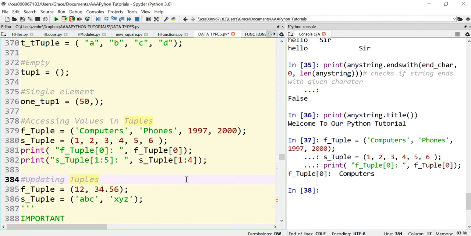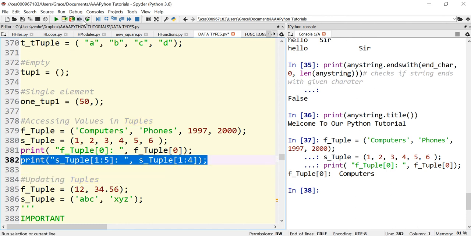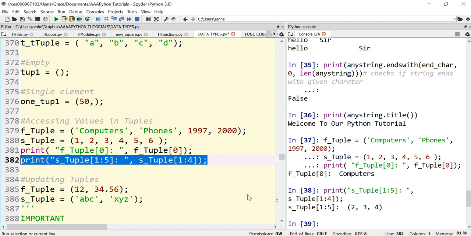Like I said, if you have seen our other videos on list and string, you can get the index clearly. But just for those who are not able to watch those videos, this is the range operator, used to slice the values in a list. What it simply does is get the element from this position up to the element in this position minus 1. So this is going to get us the element in index position 1 up to the element in index position 4 minus 1. So if we run this, it's going to give us the element in index position 1, which is 2,